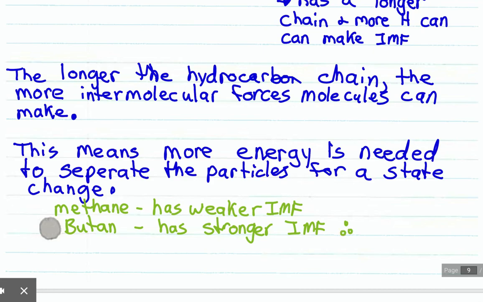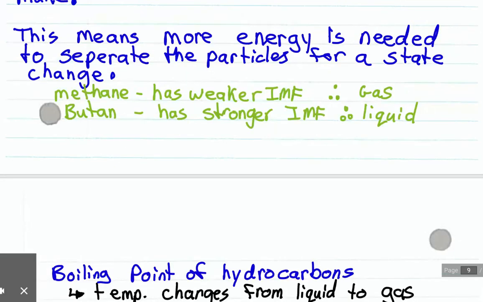So therefore it's a solid. Not a solid, it's a liquid. All right, I'll clean that up. All right. So our methane has our weaker intermolecular forces, so it's a gas, and our butane has our stronger intermolecular force,